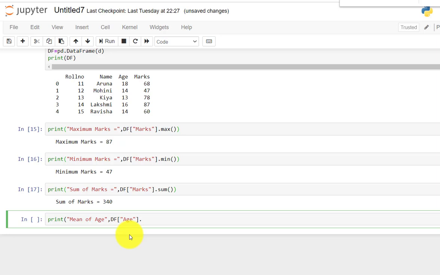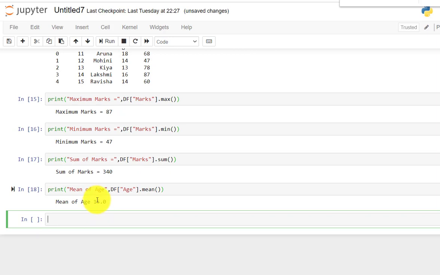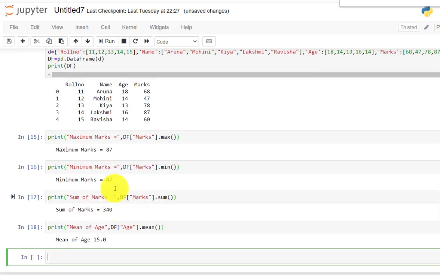And then which method do we want to use? We want to find the mean. So here you have a mean method, simply call the mean method and close the print method. And now you run that command. So simply click on the run button. Okay, so this is the mean of age. Clear? So this is mathematical, you can also find it. This is the mean of the age.